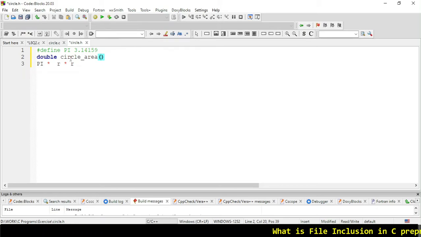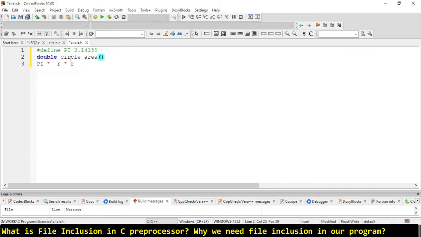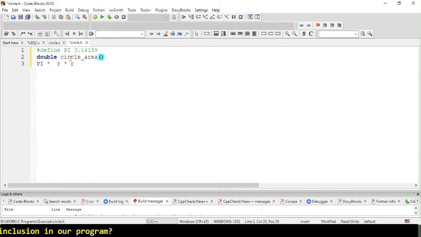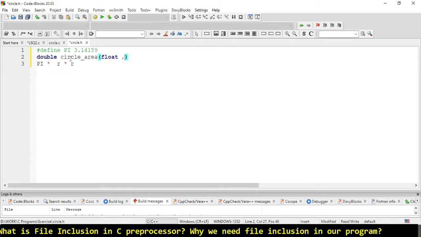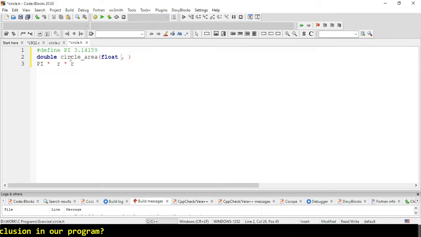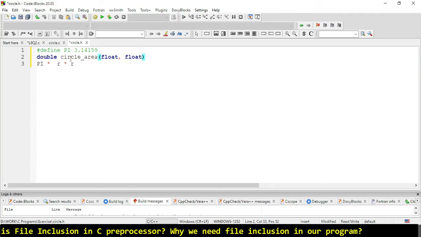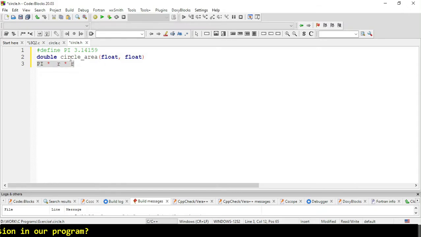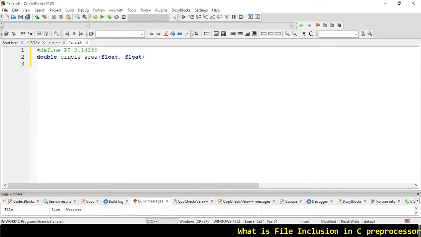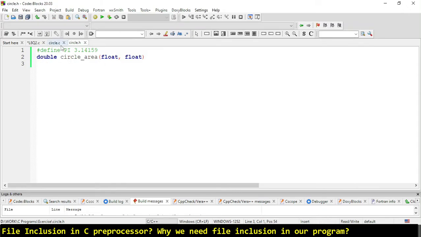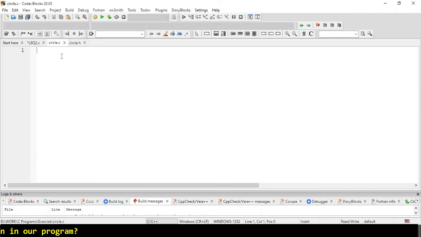First one for radius, second one for pi. Here we don't need to assign the variable, we just need float and float for two parameters. Yeah, that's it. So our definition has been done.